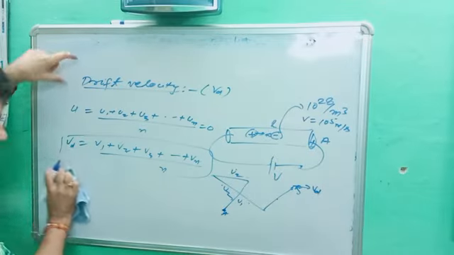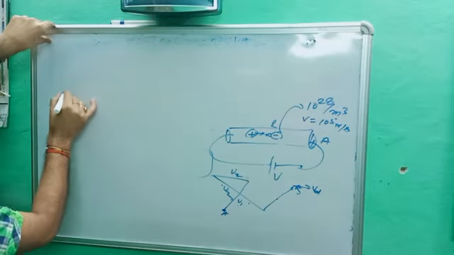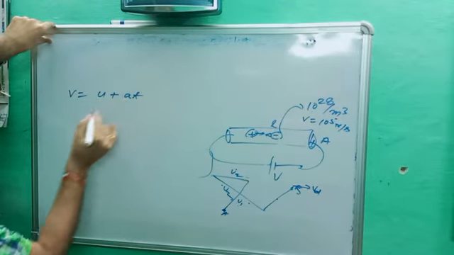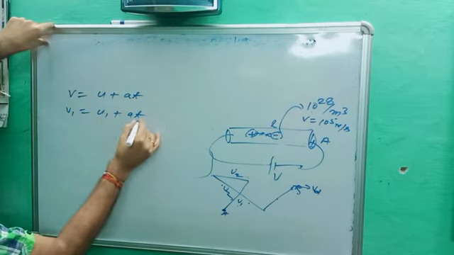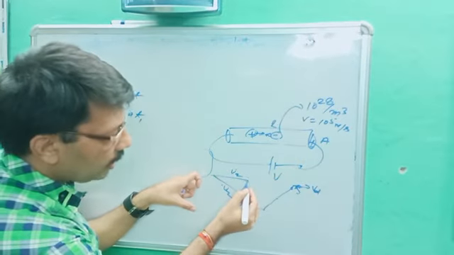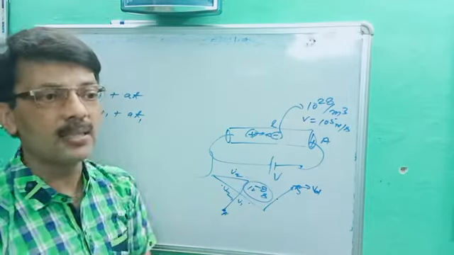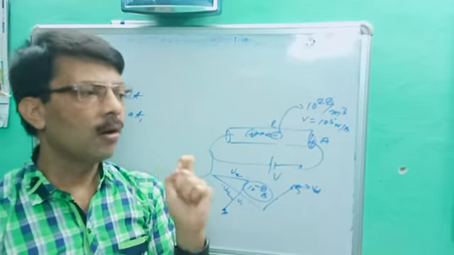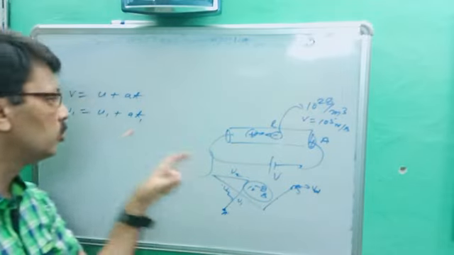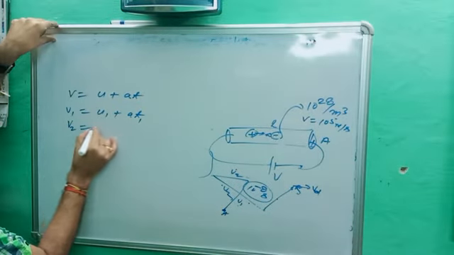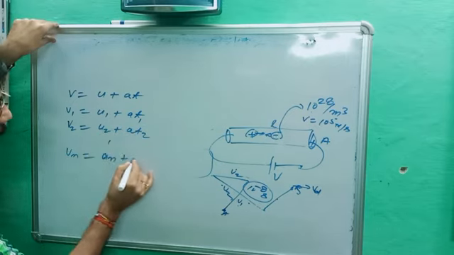Now we will try to find the formula for this. Let us suppose, according to the equation, V is equal to U plus AT. Our aim is V1 plus V2. What is the value of V1? V1 is equal to U1 plus AT1. One more thing: when they collide, for a little moment, 10 power minus 6 to 10 power minus 8 second, they take rest. This time is called relaxation time. Between two successive collisions, the electron takes some rest. This time is called relaxation time. So we define here T1. What is V2? V2 is equal to U2 plus AT2, and so on. What is Vn? Vn is equal to Un plus ATn.